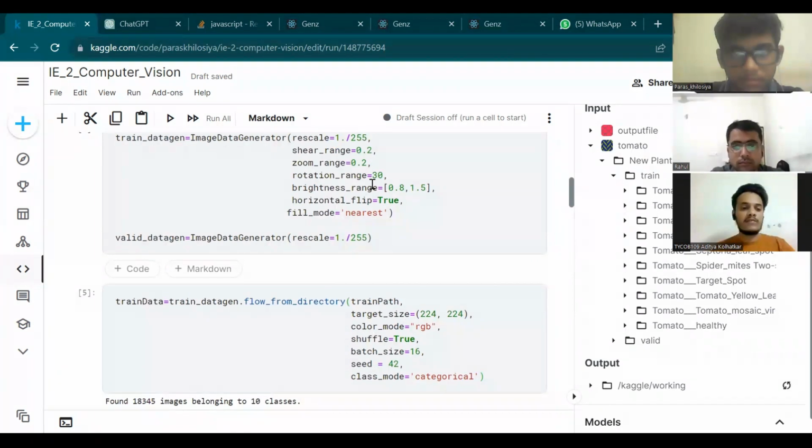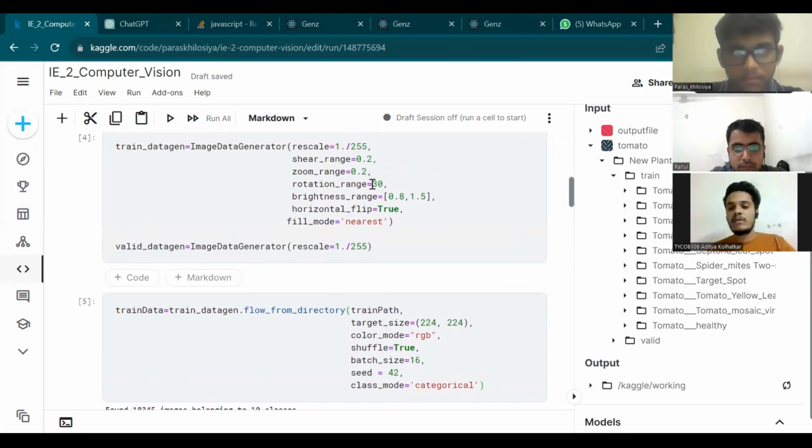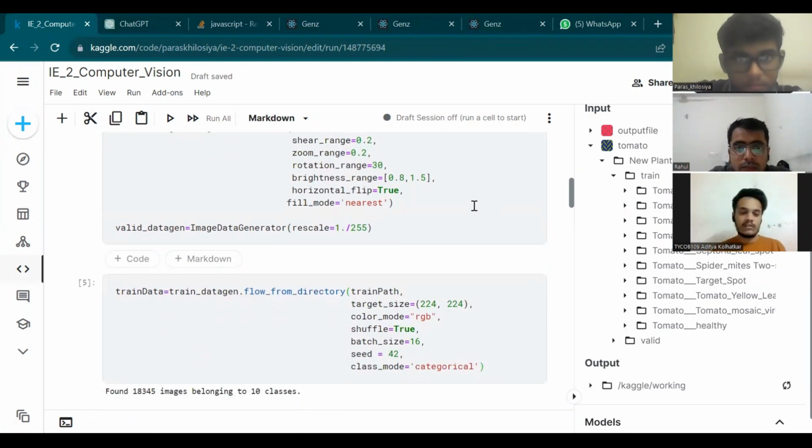In this we can see we have image data generator. It is used to perform data augmentation. The parameters used in train data gen include rescale, shear range, zoom range, and rotation range, which apply shear, zoom, and rotation transformations to the images. Brightness range, horizontal flip, and fill mode are also used to adjust brightness, randomly flip images horizontally, and specify how to fill any newly created pixels after transformation, respectively. So after that,